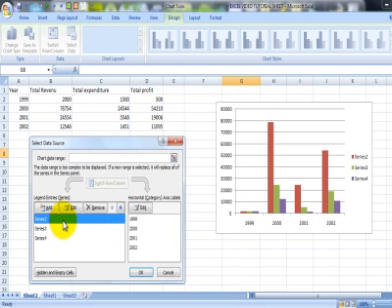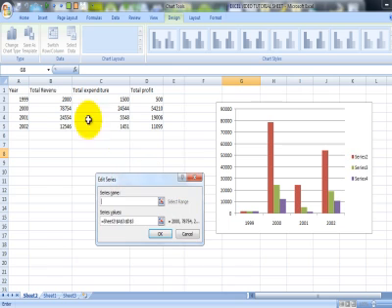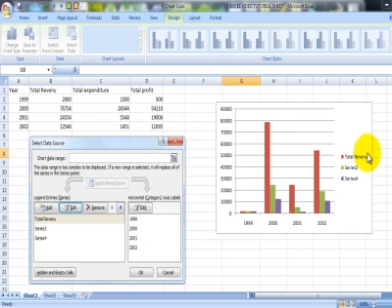Now we can modify the name of series 2, which is for our total revenue, so we can type total revenue here and press OK. It's saying total revenue.